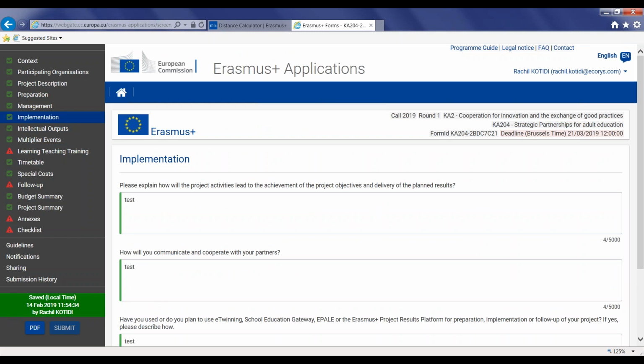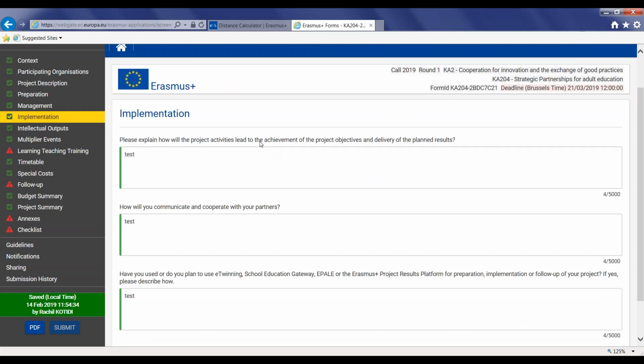Now moving next to the section Implementation of the application. In this section, give as much detail as you can, explaining how the project activities will lead to the achievement of the project objectives and deliver the planned results. Please describe cooperation arrangements within the partnership in order to deliver a successful project. Mention how you will coordinate activities within the partnership and how you will identify and resolve any risks within your